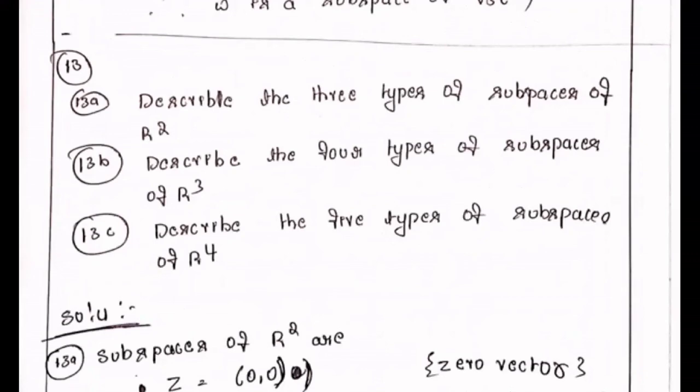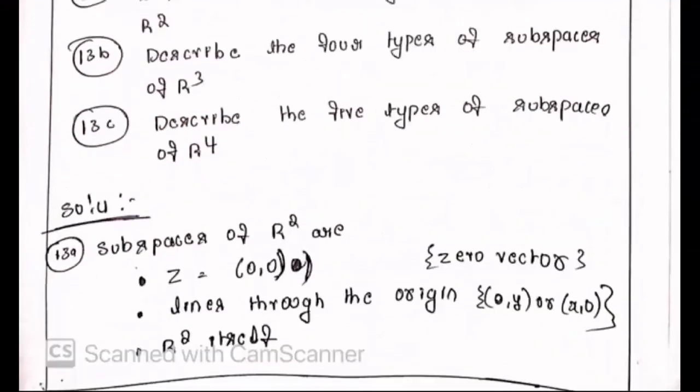First, we'll start with R square. R square is nothing but 2 dimension. R cube is 3 dimension. R4 is 4 dimension. The first solution is this. You have a subspace of R square. So obviously you will be having a 0 vector, that we already discussed in the starting of this class. The 0 vector is a subspace. It satisfies, okay? When you add a 0 vector with the 0 vector, or when you multiply any constant with the 0 vector, it becomes the 0 vector only. So obviously it is a subspace.